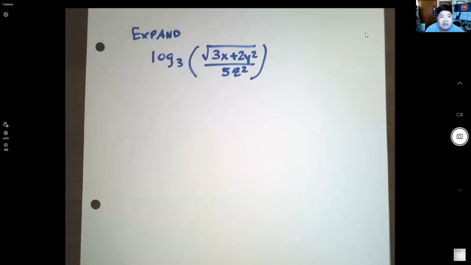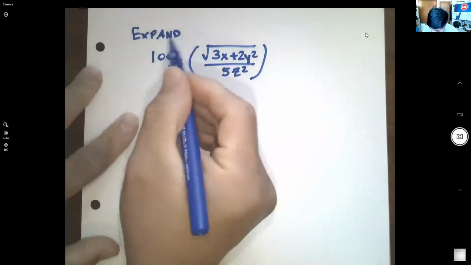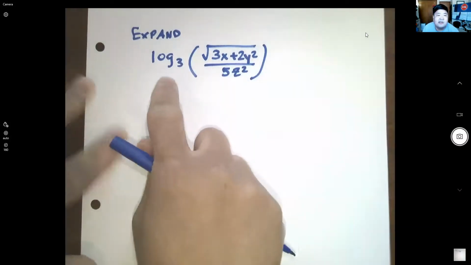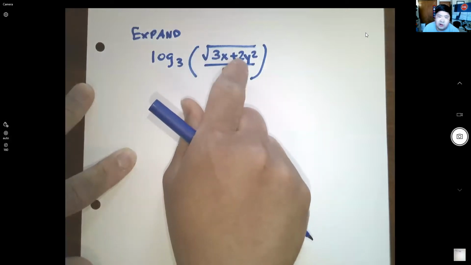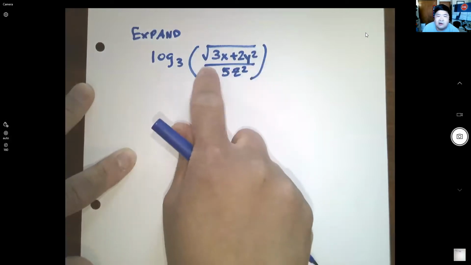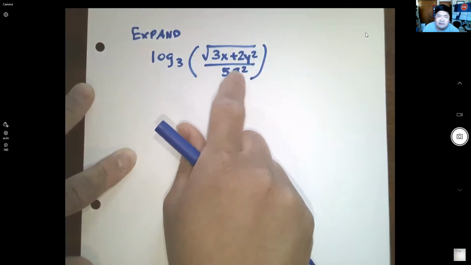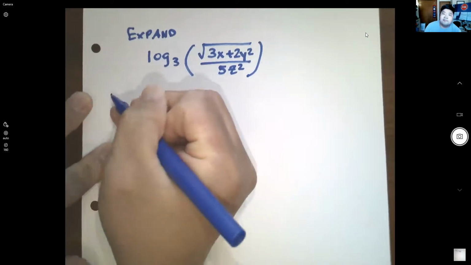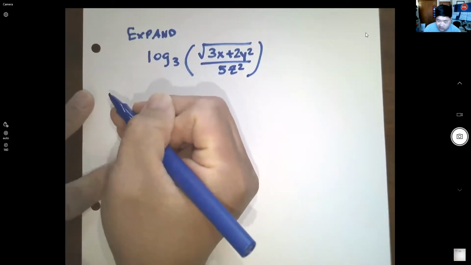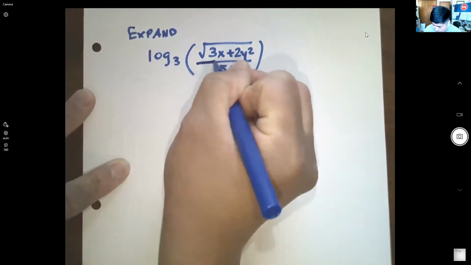Hi everyone, this is Professor Oaks, and in this video we are going to expand this logarithmic expression here: log base 3 of the square root of (3x plus 2y) to the second power, all over the quantity 5z to the second power. Alright, so there are a couple of rules that we will use here, and one of